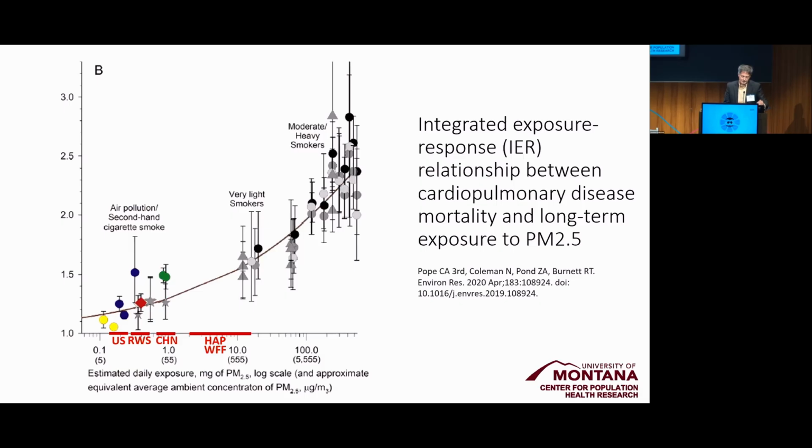The US studies that are selected here are on the left, China studies are those in green. And so the difference between US exposures in these studies and China studies is anywhere from about 20 micrograms per cubic meter to around 40 micrograms per cubic meter. Residential wood combustion is somewhere in between. That's an environment that I'm very familiar with. Household air pollution, we'll hear about that in a moment. And then at the very end, I'm going to talk about wildland firefighter exposures.